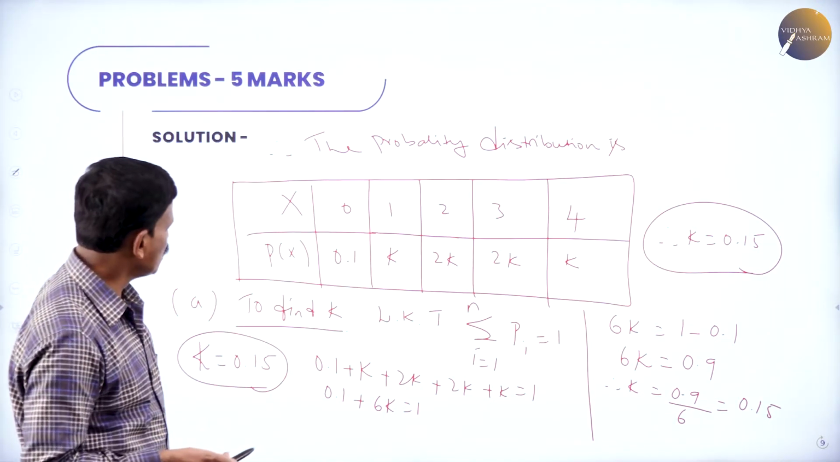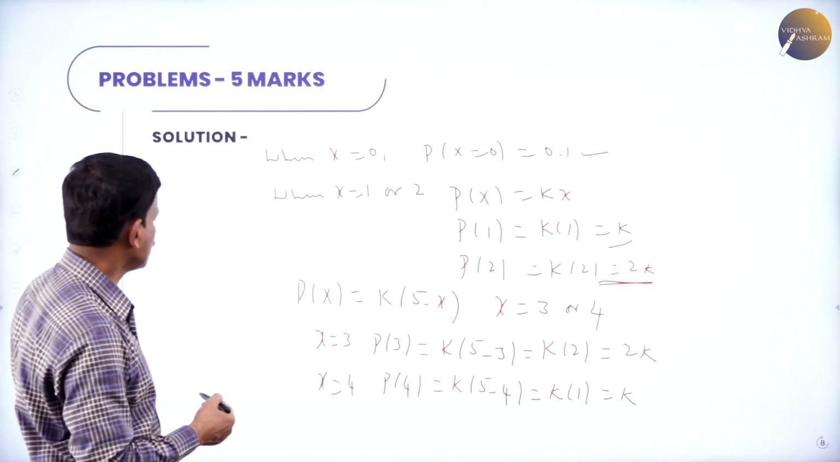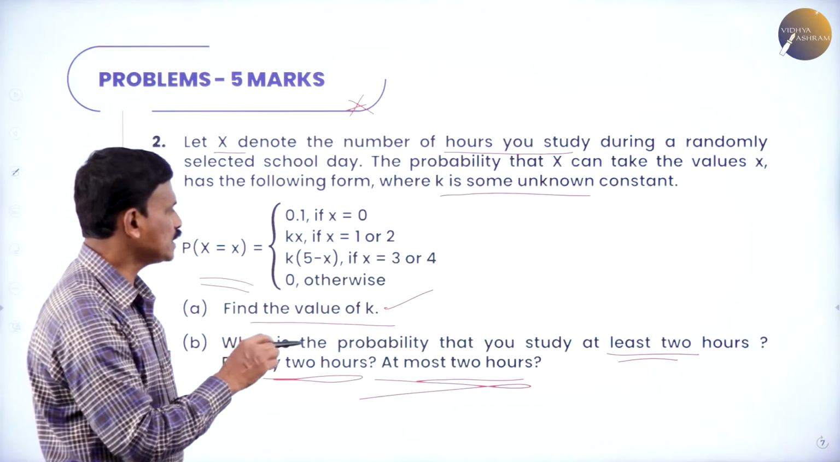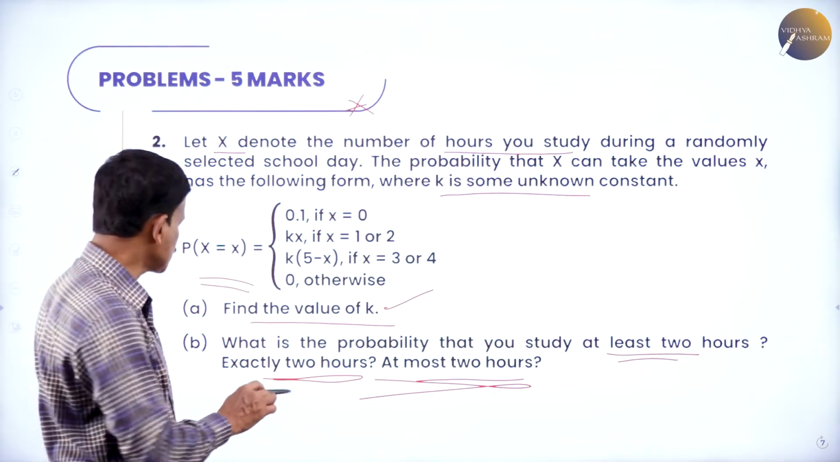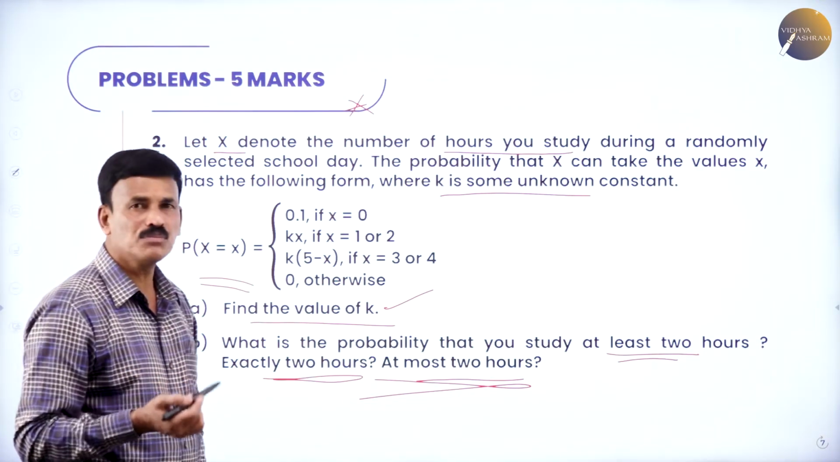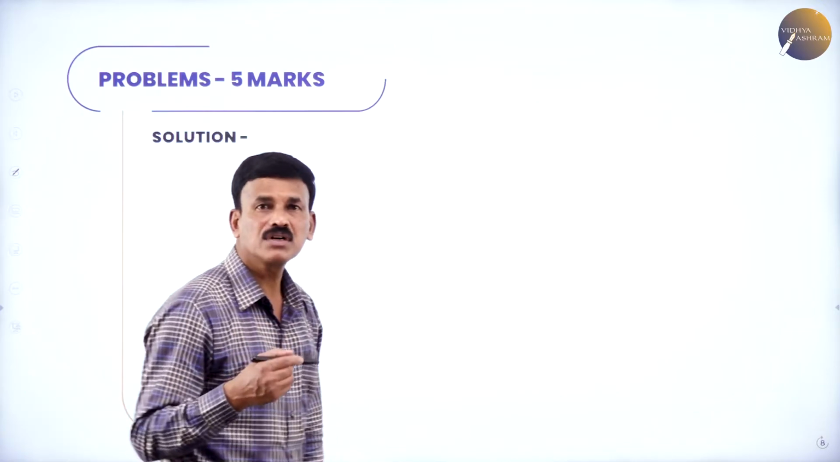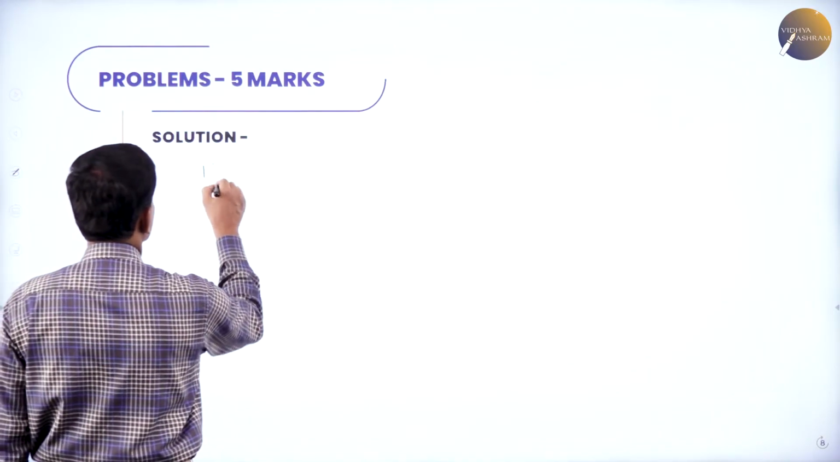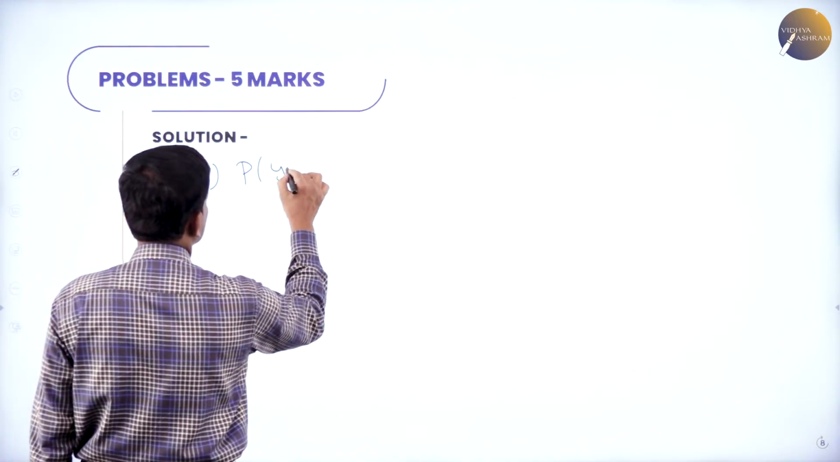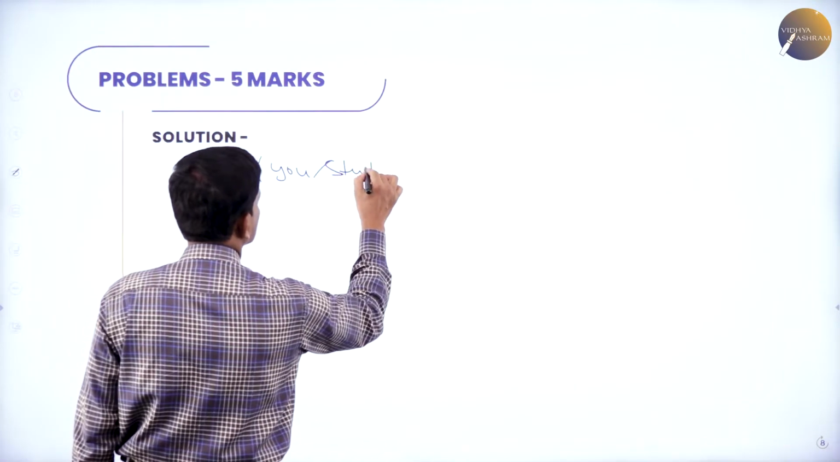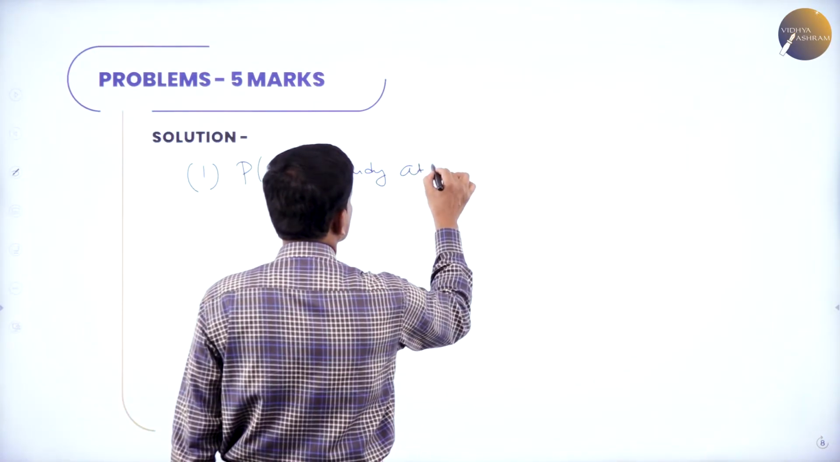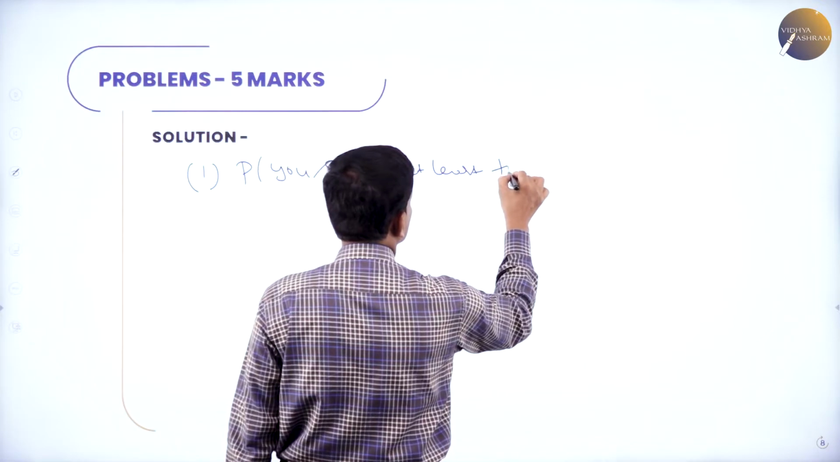Okay. Now, let us come to the second case. What is the second case? What is the probability that you study at least 2 hours, exactly 2 hours, at most 2 hours? Now, let us come to the first one. Probability you study at least 2 hours